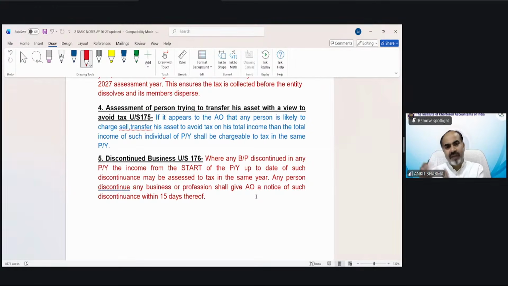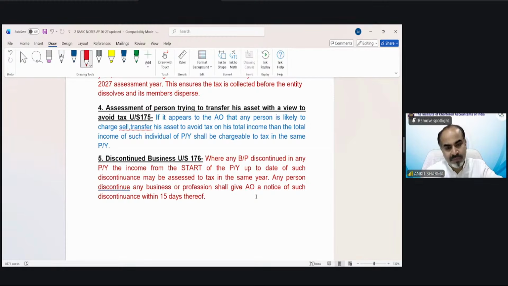If somebody is transferring due to any genuine reason, for any medical emergency or anything else, then it won't happen. But if the intention of that person is to avoid tax, then the collection of tax would be in the same year. Now, how will we find out the intention? It will depend on a case to case basis, and that is up to the income tax officer. If they think the intention is to avoid tax, they will charge the tax in the same year. If they think the intention is genuine and he will pay tax in the next year, then this would not happen.